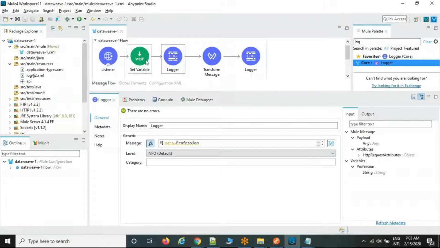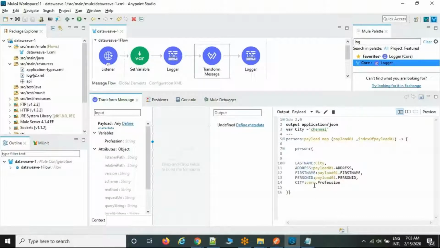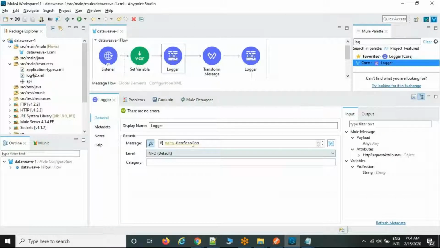Now the same mechanism: I have defined a variable in the flow, but I want to reuse it in the DataWeave code. But whenever you reuse it in the DataWeave code, there is no need for the hash bracket, only the key. This is the syntax for DataWeave only. Outside of DataWeave, it is hash bracket vars.profession.